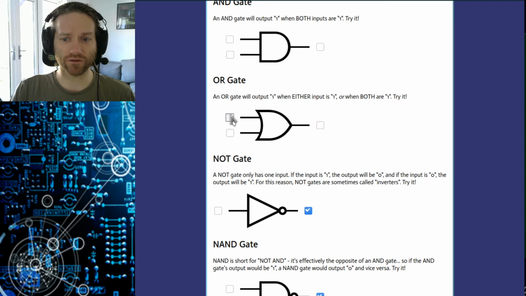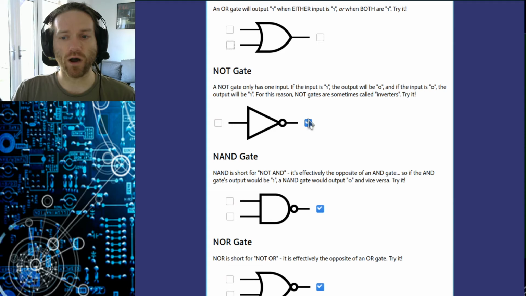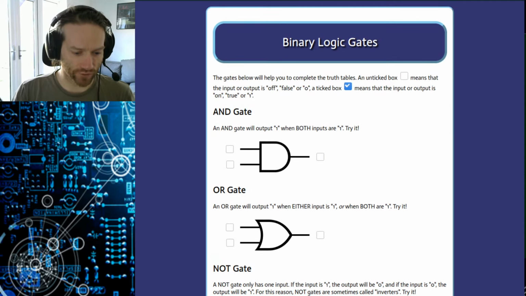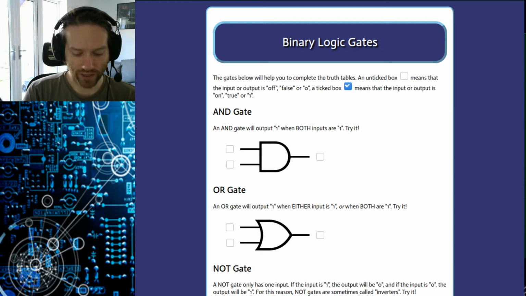So the whole point of this web page is so that you can see what output you get from given inputs. You can see if the input to a NOT gate is turned off, the output is turned on, and vice versa. I've already posted a link on the Google Classroom, but for those of you in the stream,